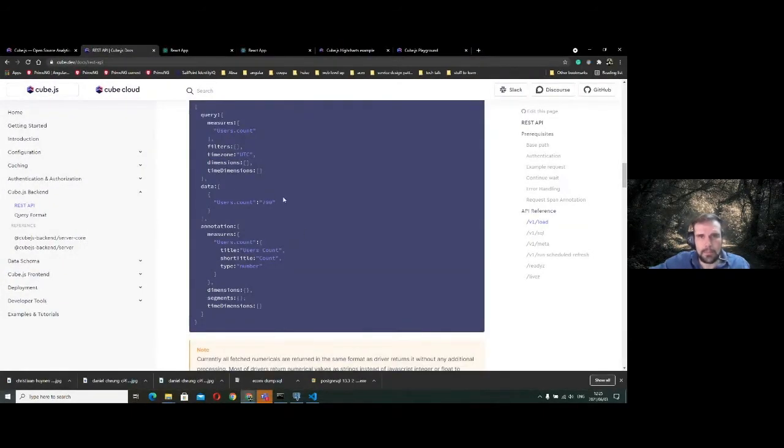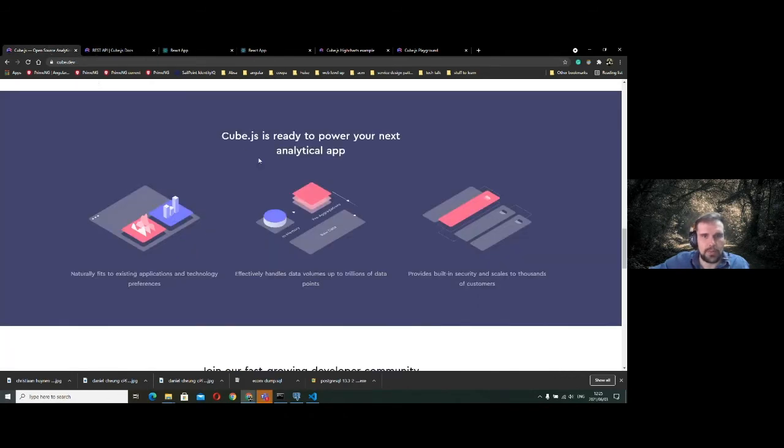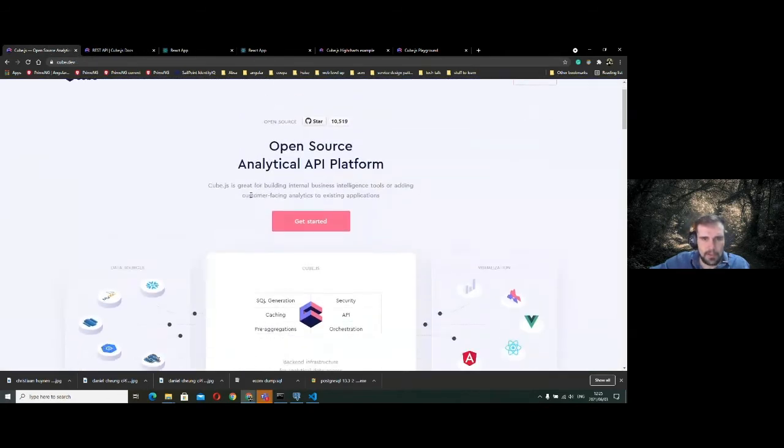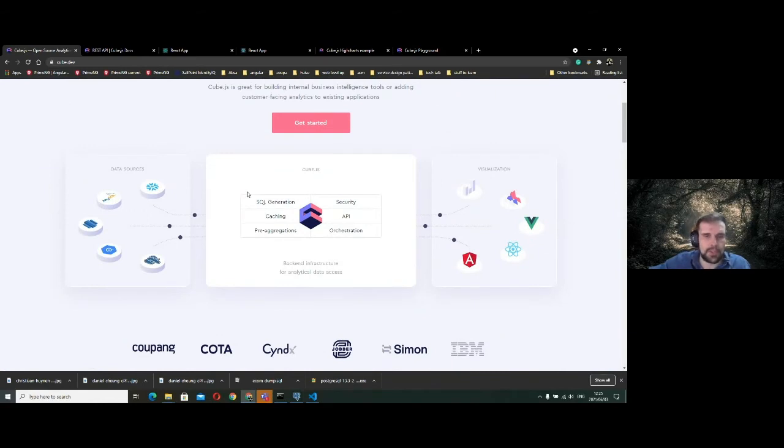Right, let's start with the basics. This is the concept of CubeJs. It provides the middleman between visualization and data sources, where you can ingest data from various different sources, aggregate, segregate, and also do pre-aggregations for faster performance using CubeJs. And it provides visualization and support for various different front-end frameworks like Vue, React, Angular, and HighCharts and D3.